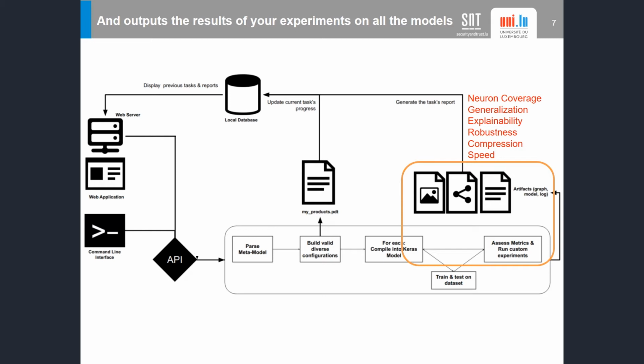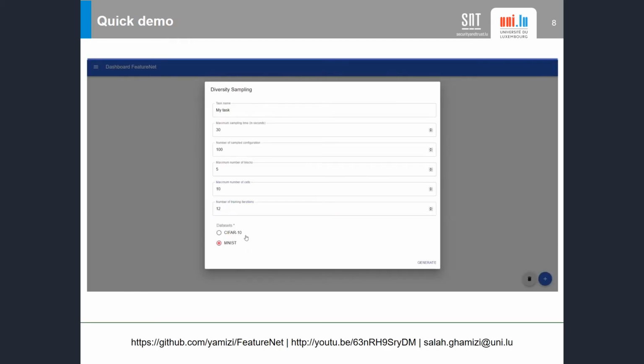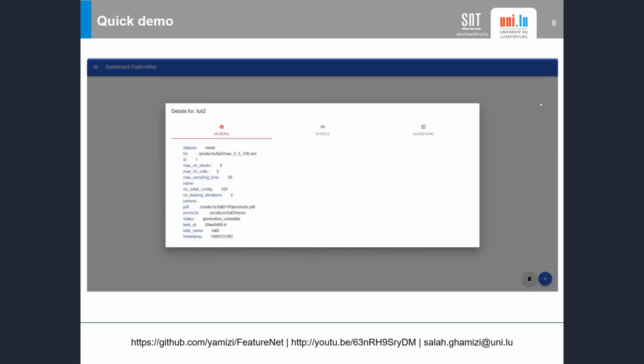We provide our tool in different flavors. First, using a user interface, where you can define different parameters of sampling and the dataset. The tool will build the feature model, parse it, study the configurations, and then it will run the training and the evaluation. Once the tasks are completed, you can see the results of the generated model, first with the summary,